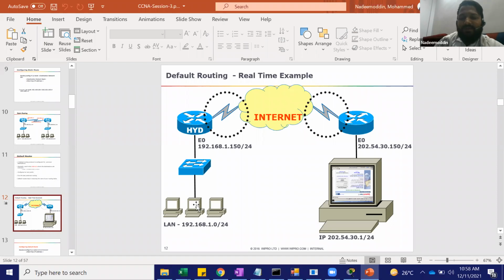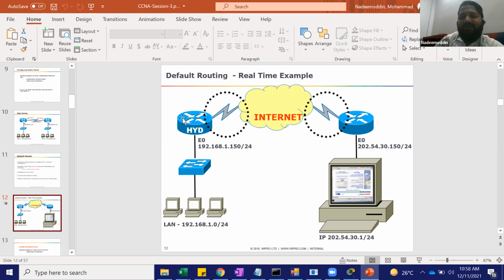The Google request will go to the Hyderabad router, so this router should have a Google entry in its routing table. If this user is going to yahoo.com, the Hyderabad router should have a yahoo.com route. But do you know the routes of all the networks like Google, Facebook, YouTube, LinkedIn? No, you will not know that.